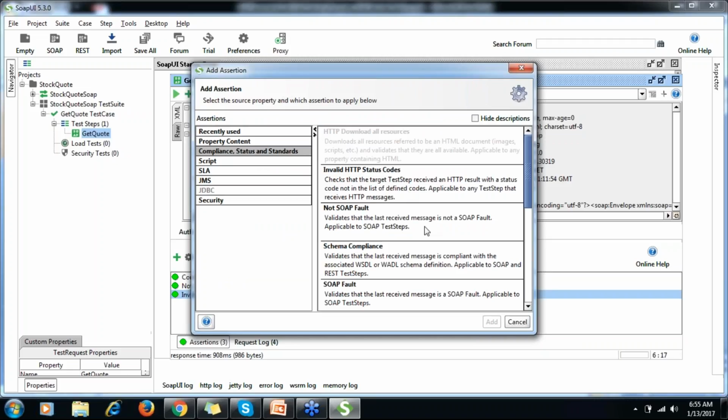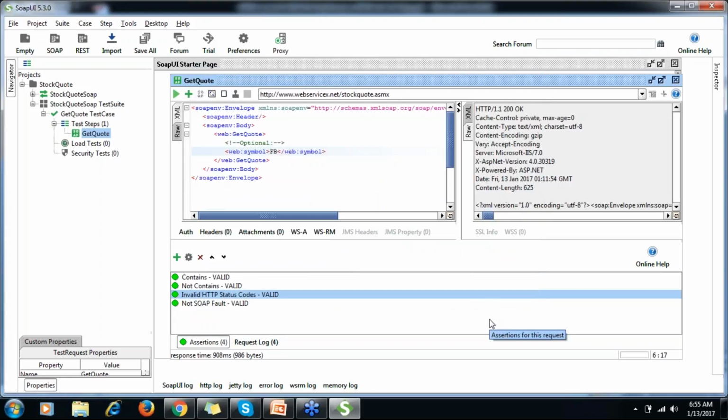All right, let's move to another one: not SOAP fault. It validates that the last received message is not a SOAP fault, applicable to SOAP test steps. So if there is no SOAP protocol fault, it will be valid.